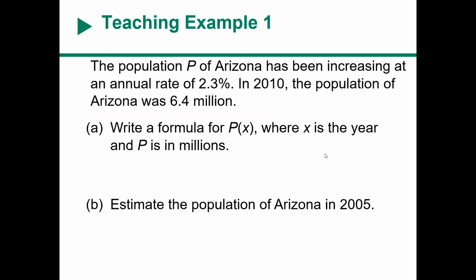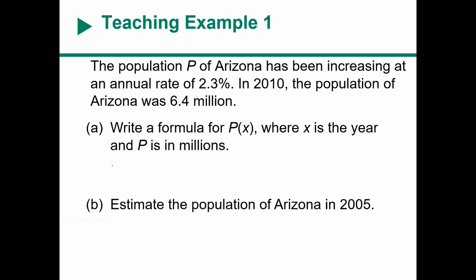We have the population P of Arizona has been increasing at an annual rate of 2.3%. In 2010, the population of Arizona was 6.4 million. Write a formula for P of X where X is the year and P is in millions. So writing the formula is pretty straightforward, right? So if I'm going to write the formula,